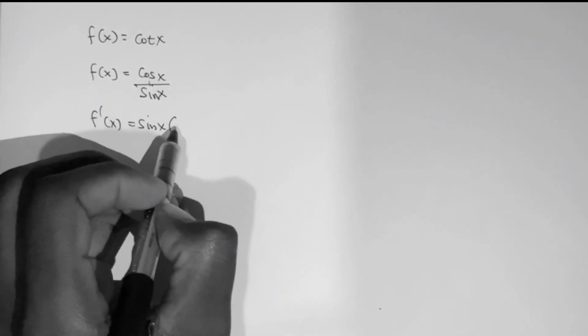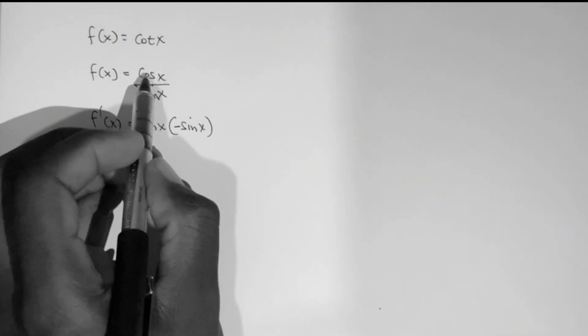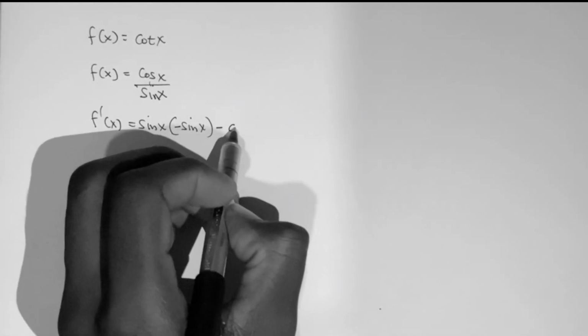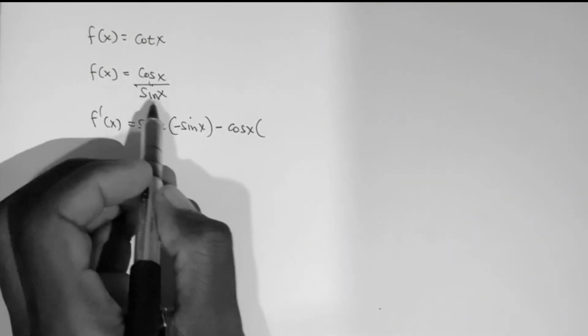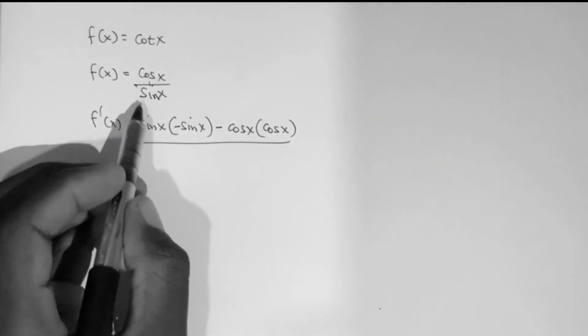If you differentiate cos x, you get minus sin x, then maintain the numerator, which is cos x, then differentiate the denominator. If you differentiate sin x, you will get cos x, divided by the square of the denominator, which